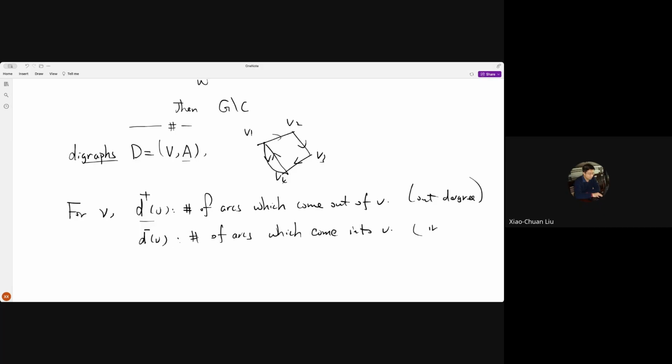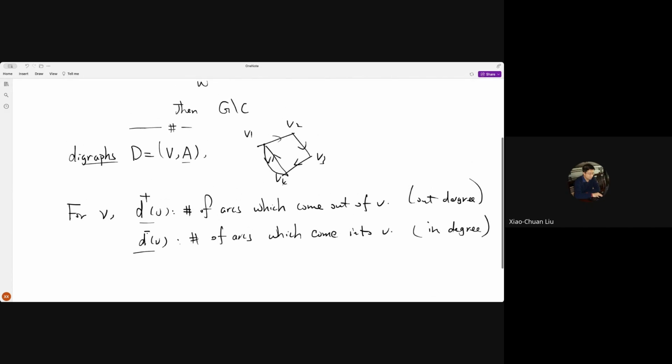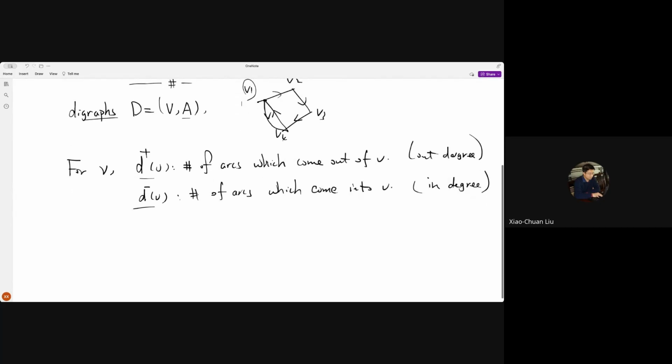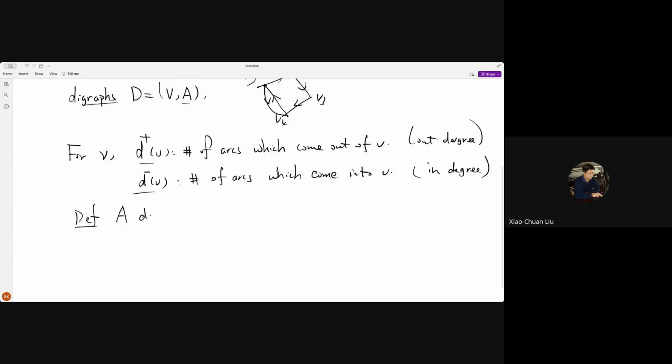And this is the in degree. We have two notions to make a difference. For example, this vertex V1 has out degree 2 and in degree 1. Something like this. So we can very similarly define many things. For example, I do not write everything, but we can define something like a directed walk